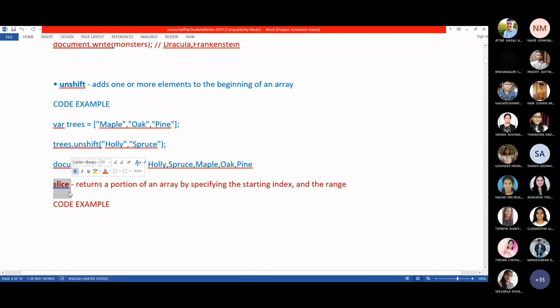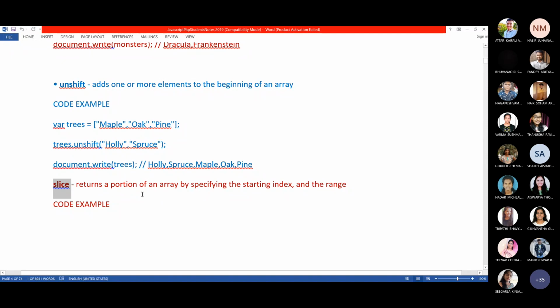For example, first and second, second and third, third and fourth, last 2 or last 3 elements, all elements excluding the first, or excluding the last. Whichever elements I want, I can take using slice.